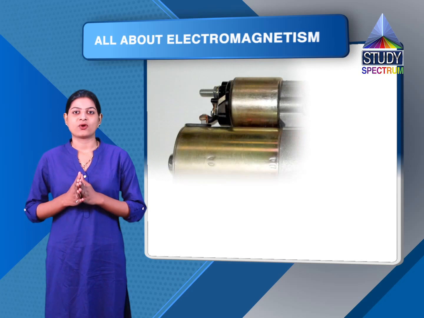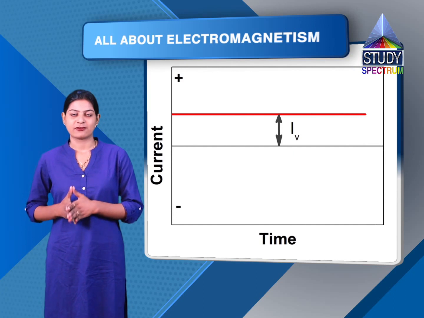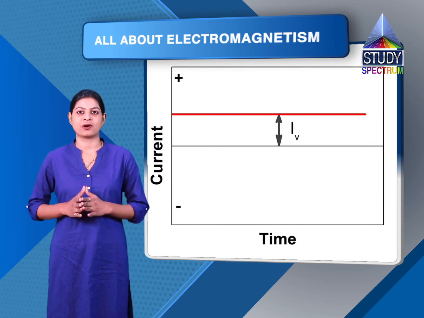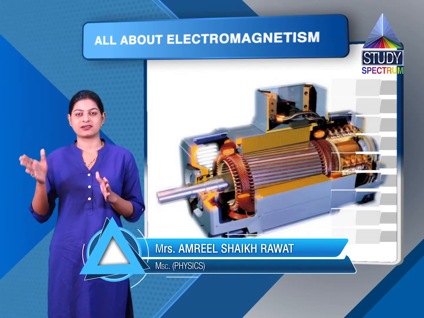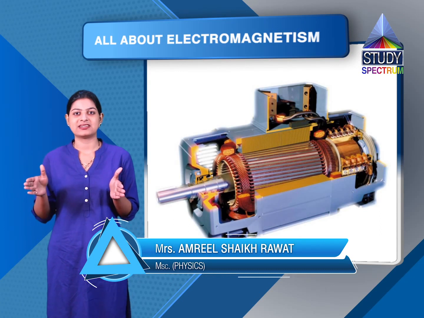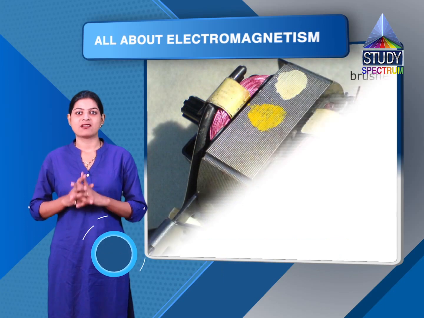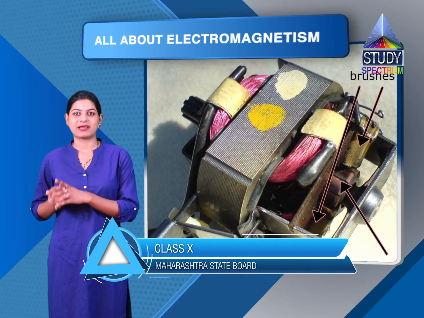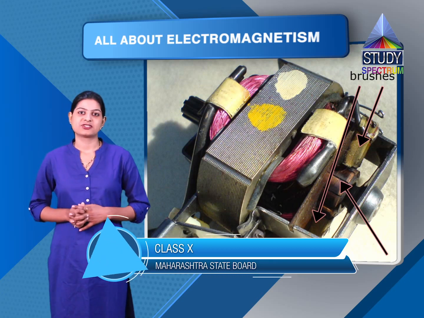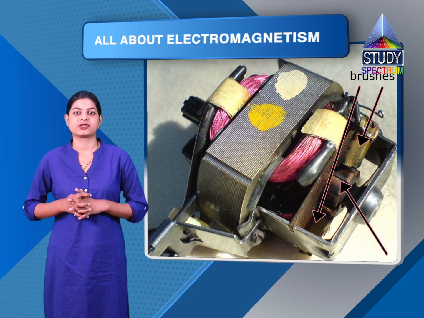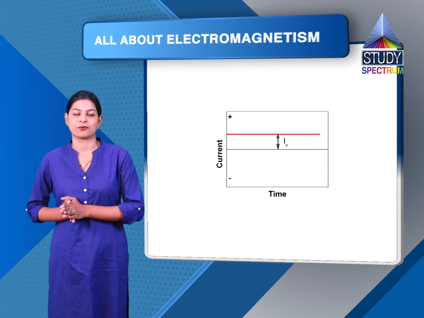Such kinds of generators are also called dynamos, and this produces only direct current which flows in a particular direction throughout. Such generators produce only direct current throughout their life, till the time they are running. This is because one of the two brushes is always in contact with the magnets due to which direct current is produced. There is no change in the direction of the current. The frequency of this current is always zero.